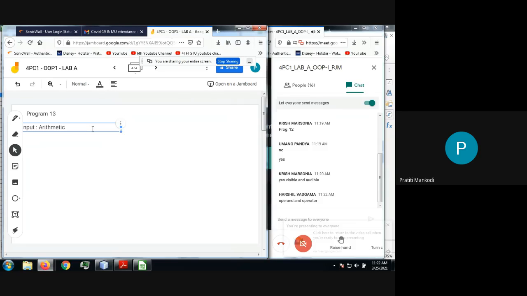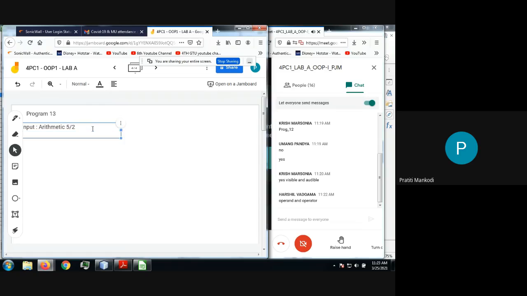Which will be a combination of operand and operator. Let's say I am writing 5 divided by 2. This expression is also valid, and if you write spaces, then also it is valid and should be considered. Let's keep it simple: 5 divided by 2. This is my arithmetic expression.